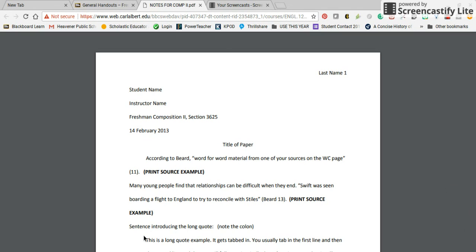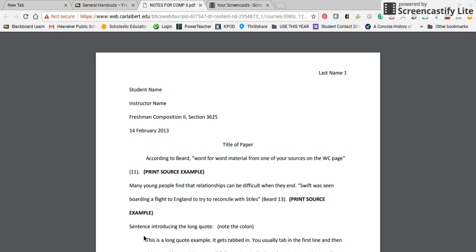So this is a mock paper, but in my explanations, I've actually included citations or example citations. So you will have a header on the top right-hand corner. You will embed that header using a page number feature, whether you're using Google Docs or Microsoft Word. You'll insert page number and you'll add your last name. That repeats because it's embedded half an inch from the top. That means it's grayed out if you're looking at it in Word or Docs, and it repeats at the top